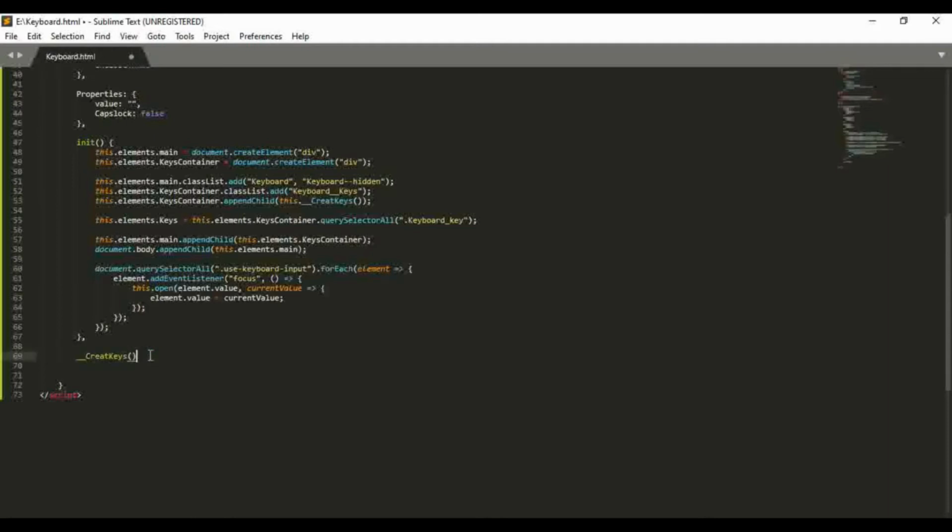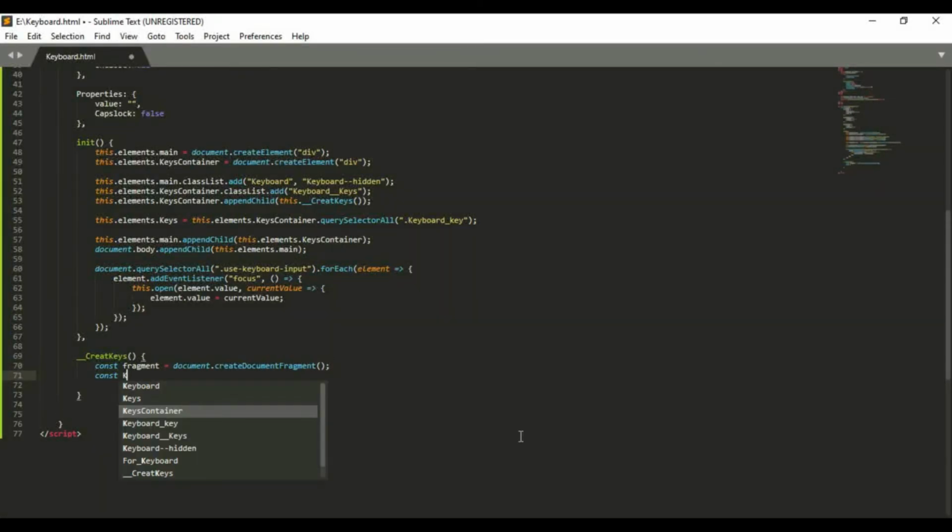Okay, as function: const fragment is equal to document.createDocumentFragment. Now guys, we are gonna create keys. Okay, I'm gonna name it keyLayout. Okay, it's equal to,